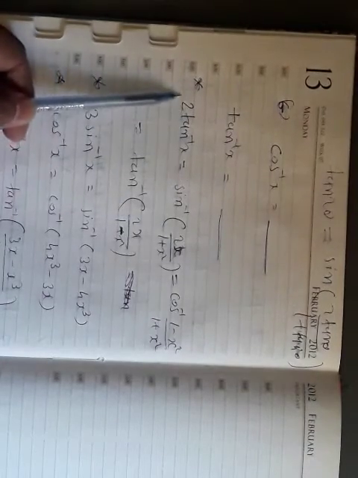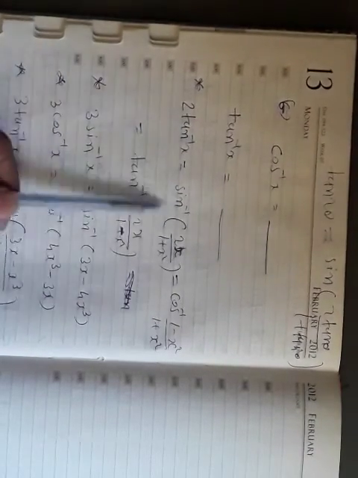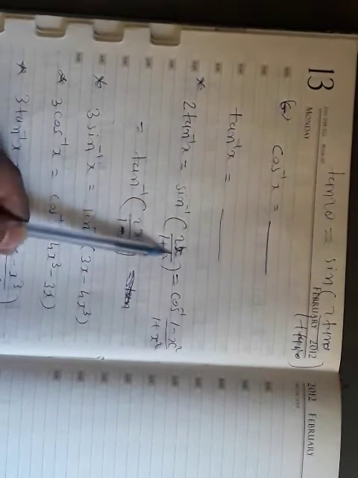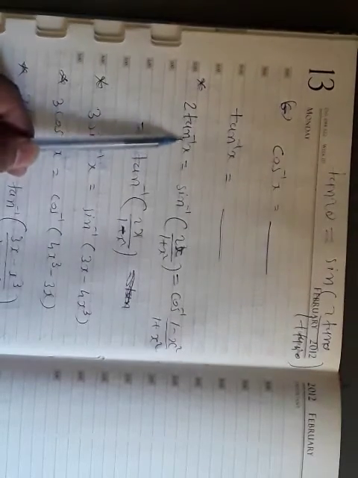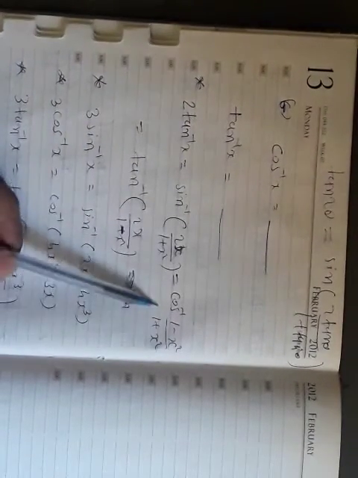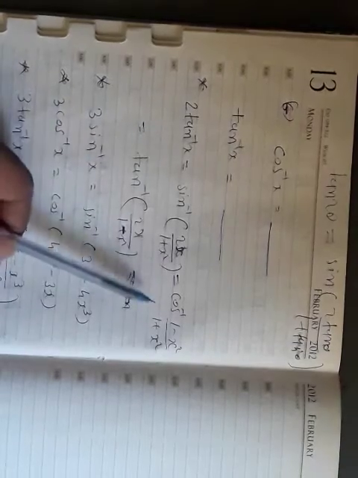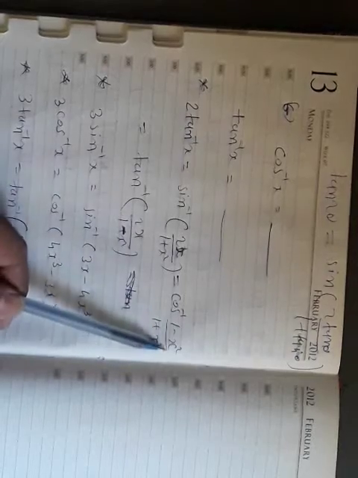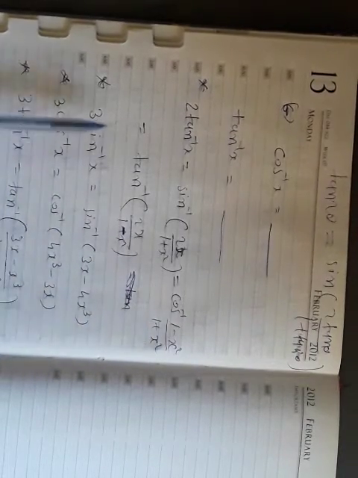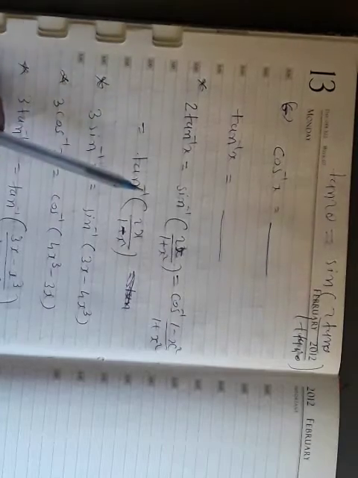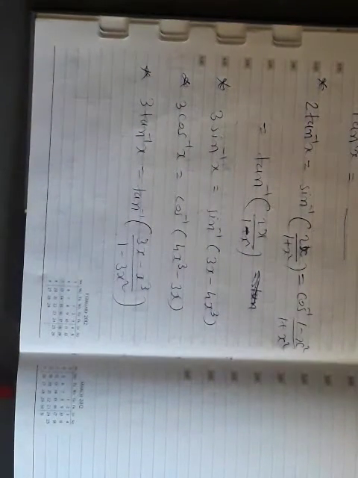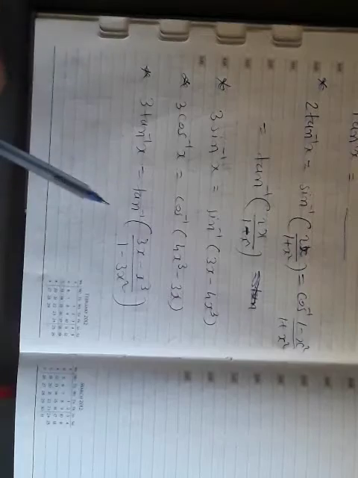If you want to convert this tan inverse into sin inverse and remove this 2, the formula is 2t upon 1 plus t square. Same formula: 2x upon 1 plus x square, where x is this value. If I want to convert tan 2 theta into cos, we know the formula (1 minus t square) upon (1 plus t square). Same formula is here: (1 minus x square) upon (1 plus x square). If I want to convert tan 2 theta into tan, the formula is 2t upon 1 minus t square. So the same formula is here, 2x upon 1 minus x square. So it is very easy because all these formulas are familiar to us.